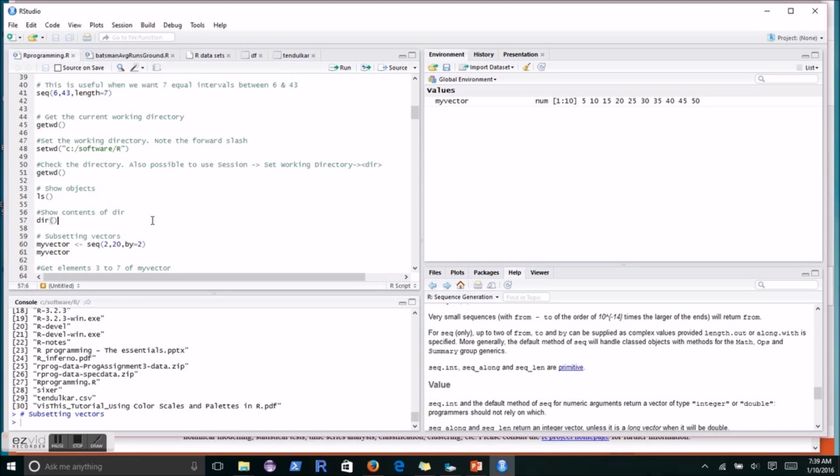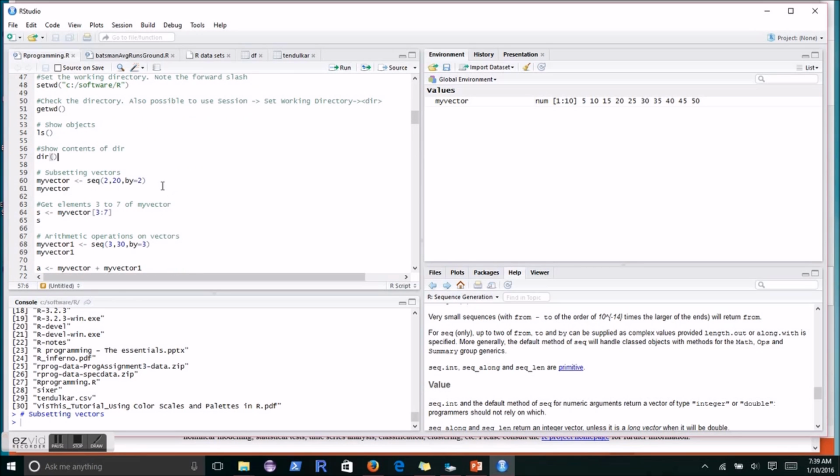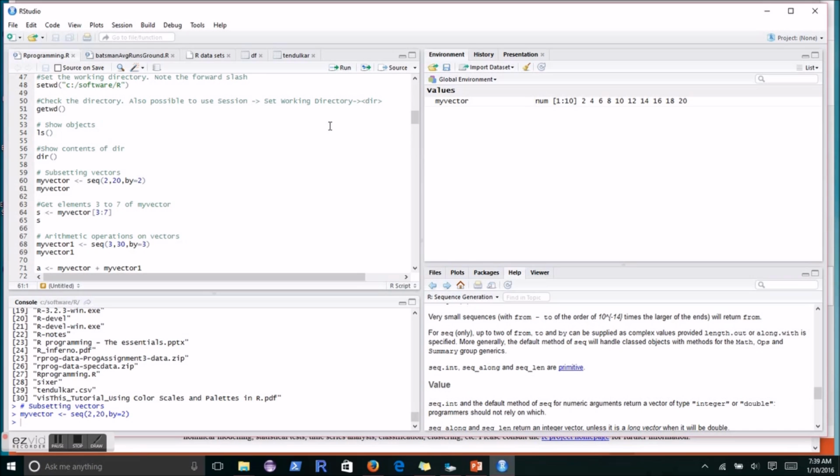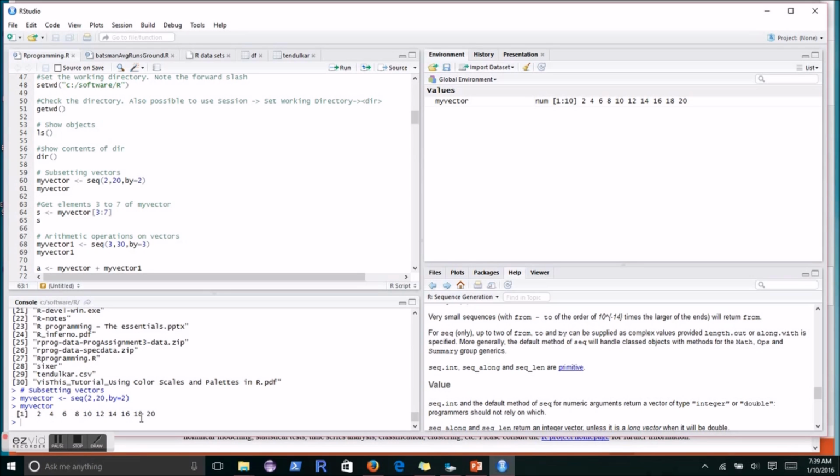So here I'm going to set a vector starting from 2 to 20. I'm going to do some basic operation. I'm going to do something called subsetting. I'll start with 2, end with 20 and increment by 2. And then I display this. So it starts from 2, ends at 20 in increments of 2. Then I